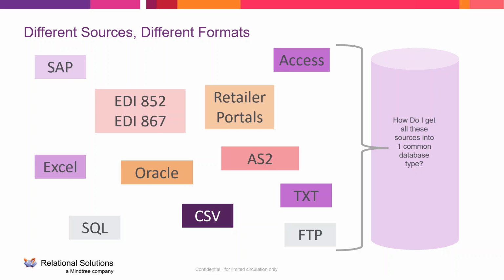But all of these are different data types. And these different formats that are coming in all need to be turned into a common format. So how do you take a file, one that's in Excel and one that's in SQL and one that's in Access, and populate Teradata? It's not an easy thing to do unless you've got the right tools to do it. But a lot of times, analysts are stuck doing all of this stuff manually, again, themselves.